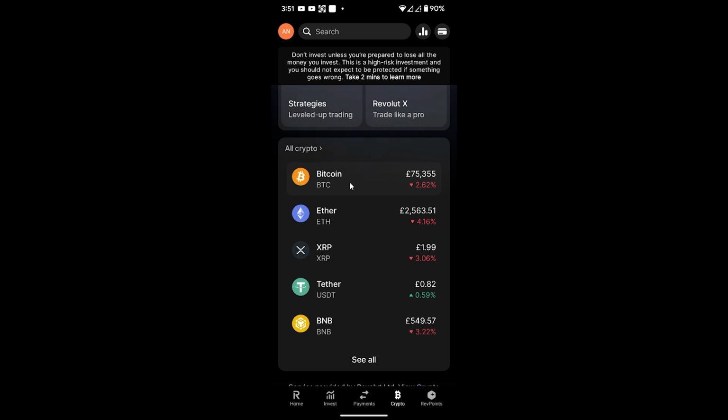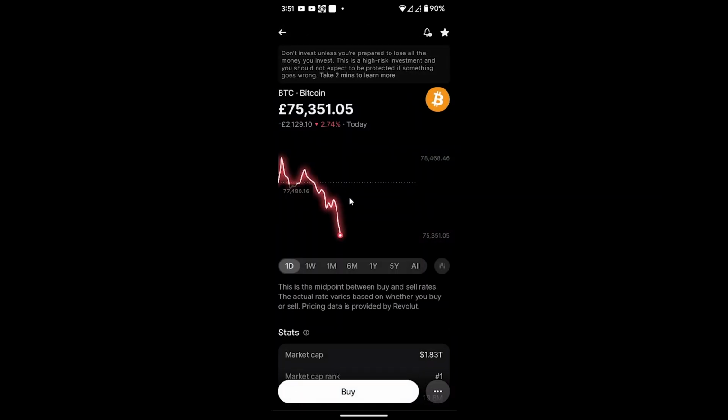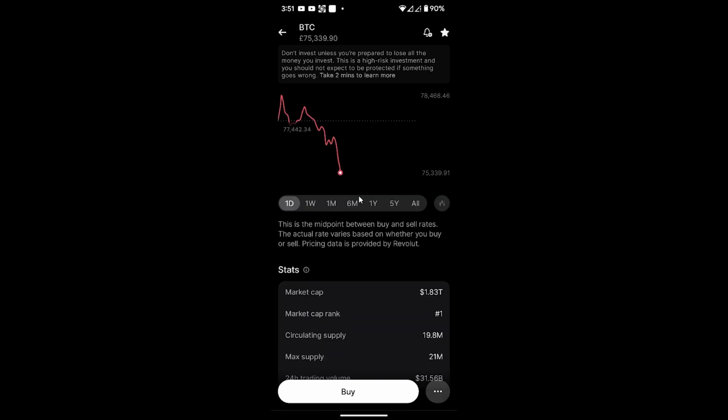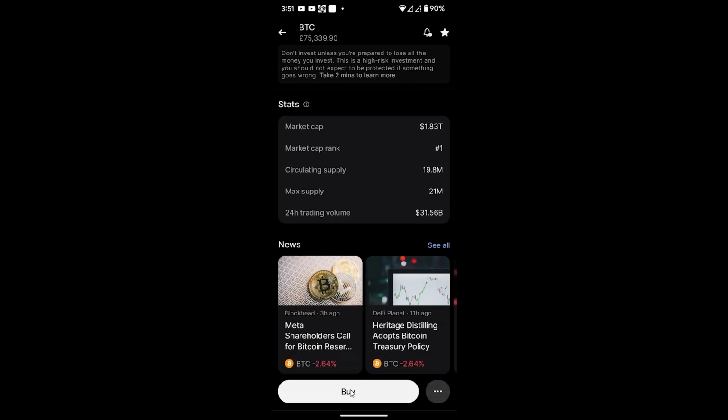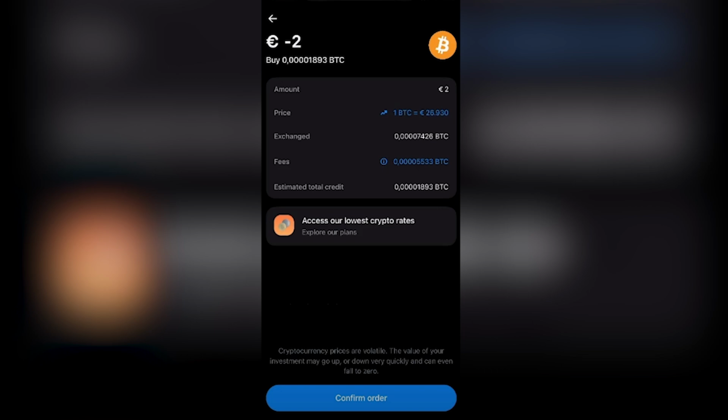For example, if I want to buy Bitcoin, I will click on Bitcoin. From here the Bitcoin page will open. From here you'll be able to see the current price of Bitcoin. You'll also be able to see the buy button at the bottom of the page. If you click on buy, you have to type any amount for which you want to buy Bitcoin. So once you've entered the amount, you have to confirm your order, and after that you have successfully bought